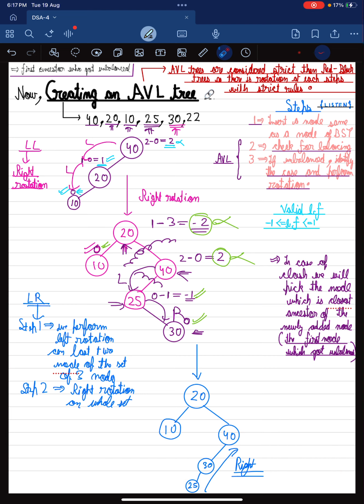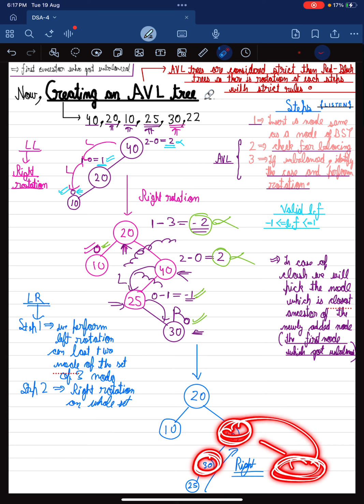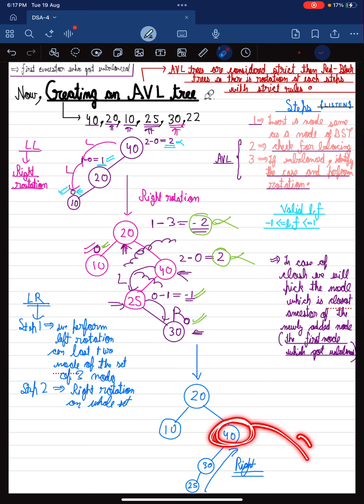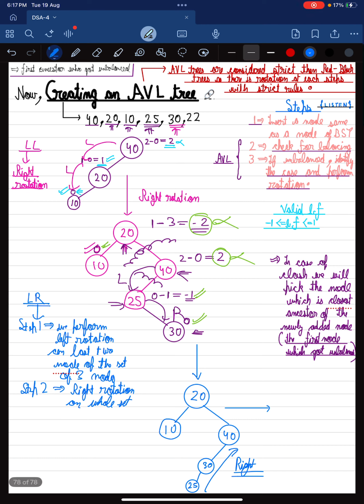So the new tree will look somewhat like this and this, because this node will come here, both nodes are pushed upwards, this one is pushed down. Okay, so after the left rotation of the last 2, we perform right rotation, which will look like